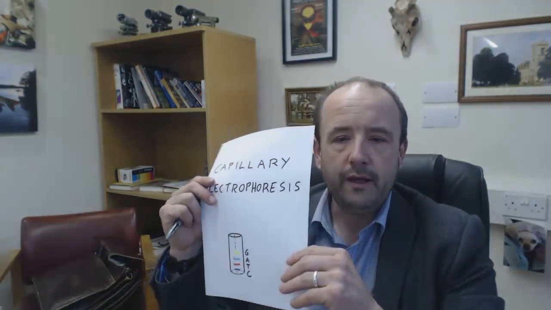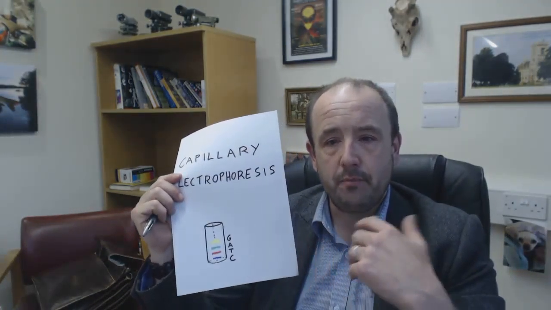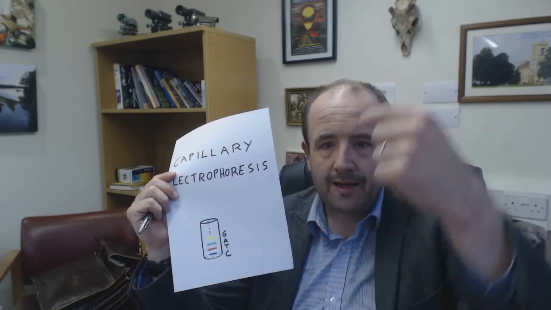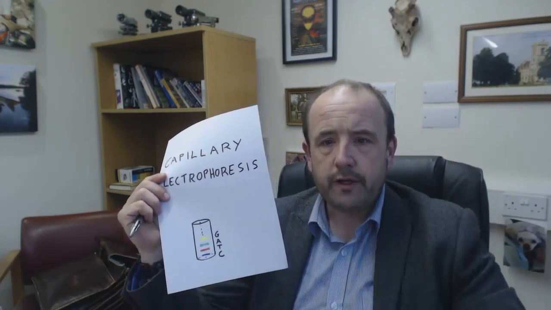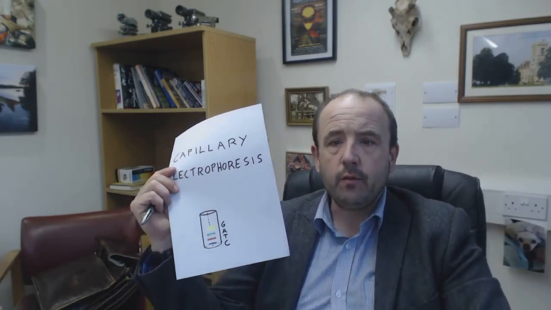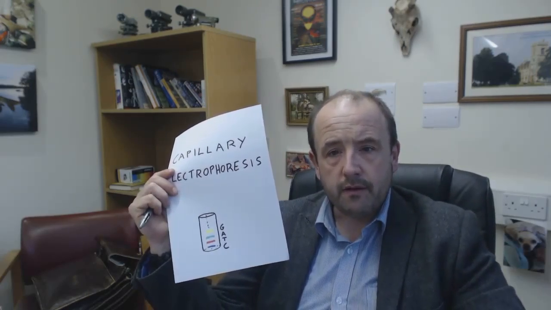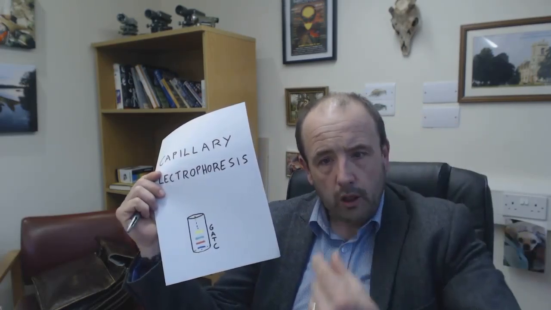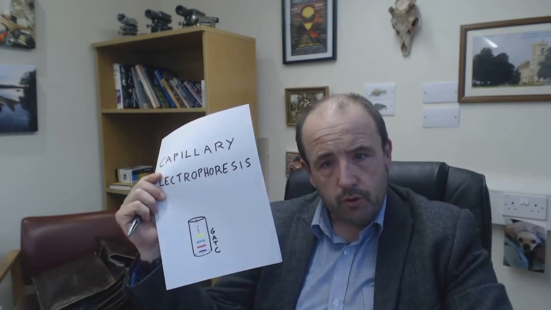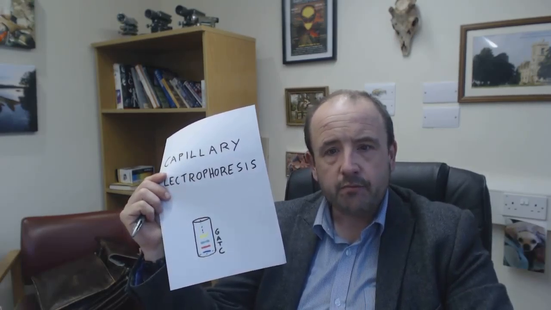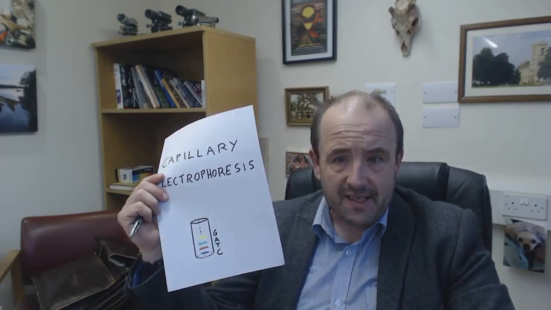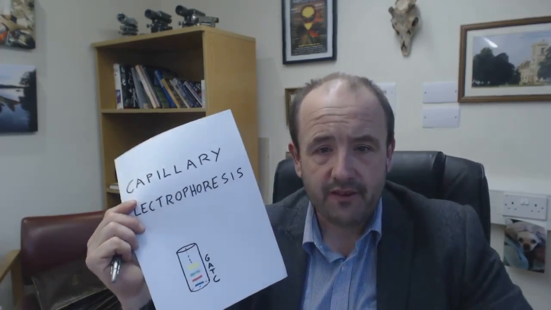But this is capillary electrophoresis. And with capillary electrophoresis, we use a glass capillary, a glass tube with a very fine bore running through it, and within that bore, the central hollow tube running through the glass, we have cast into it an electrophoresis gel,